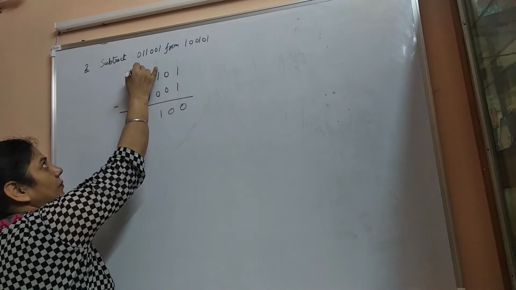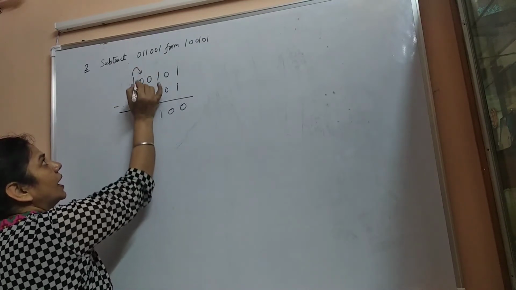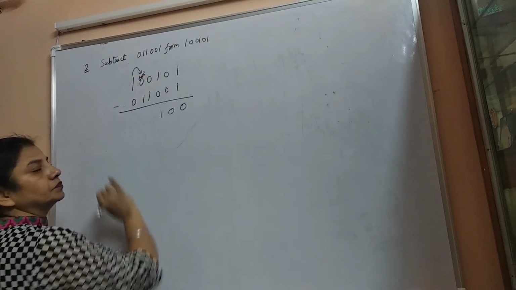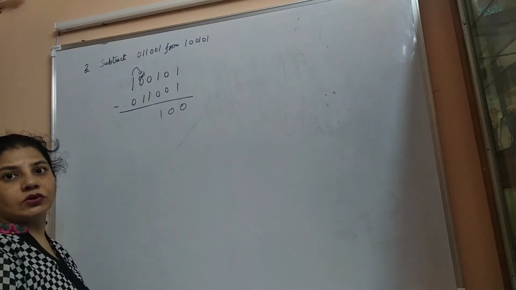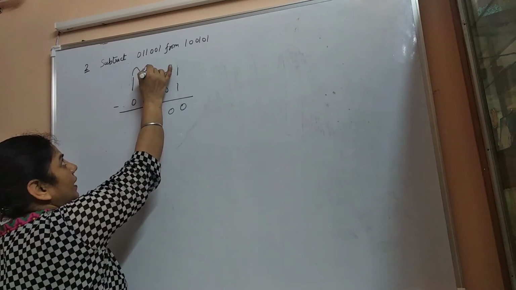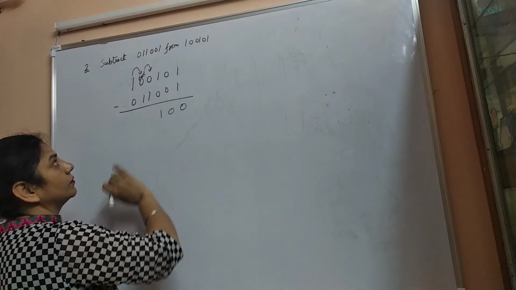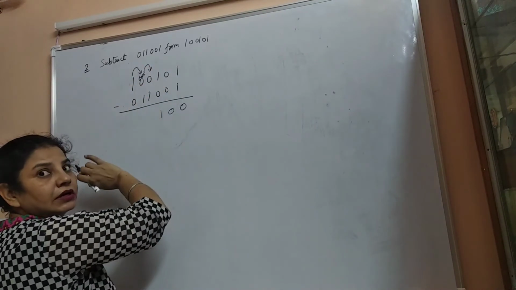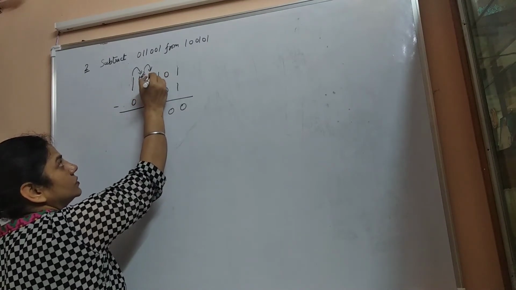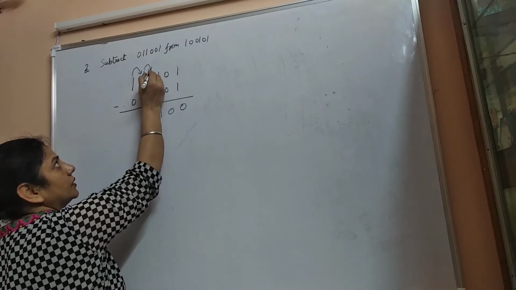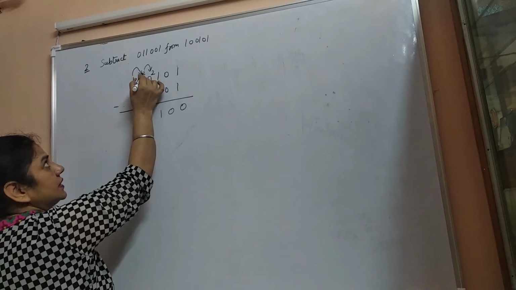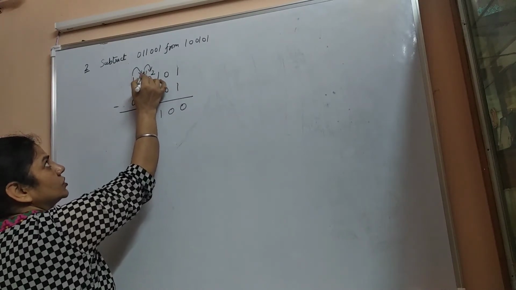So this will be borrowed from this 0 and it becomes 1 0. And this means 2. In binary, the number 1 0 has 2 digits, so it becomes 2. So this 2 is being borrowed by 1, it will borrow 1 from this 2. It becomes again 1 0, and that becomes 2. So 2 minus 1 is 1. Since it has been borrowed from here, 2 reduces to 1.